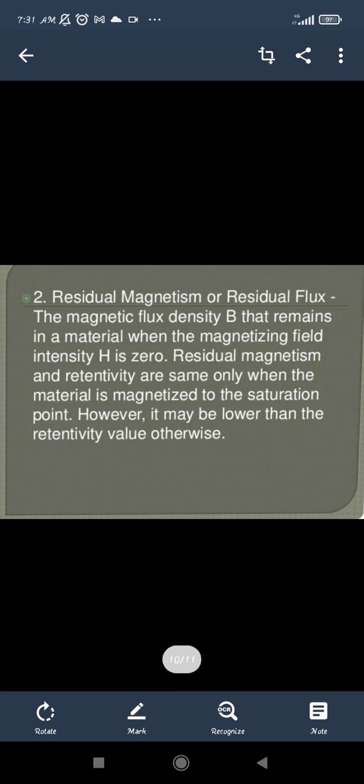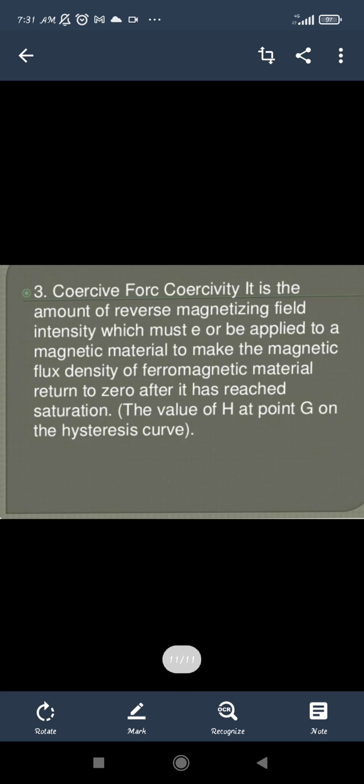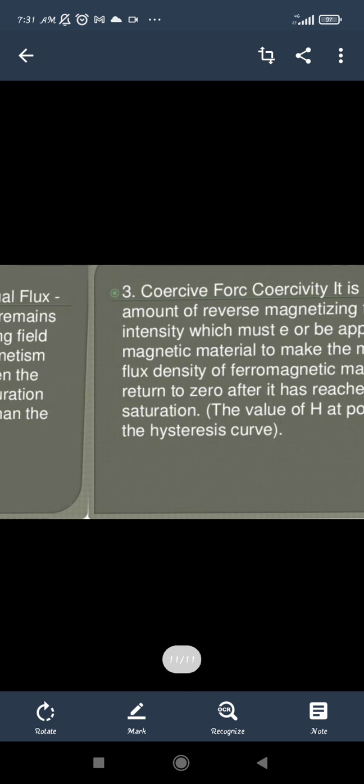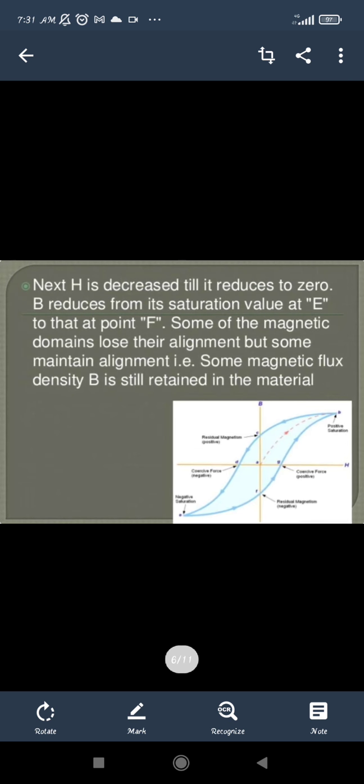So this magnetic residual at some point of this magnetizing sample is said to be the residual magnetism. And coercive force or coercivity is that whenever the sample does not come to 0, even when the magnetic field becomes 0, the H value does not become 0. So to make it 0, the value of H is decreased again. This external force applied is said to be the coercive force, and the point where it becomes 0 is said to be the coercivity. Okay, so we will see similar points again for different materials also.